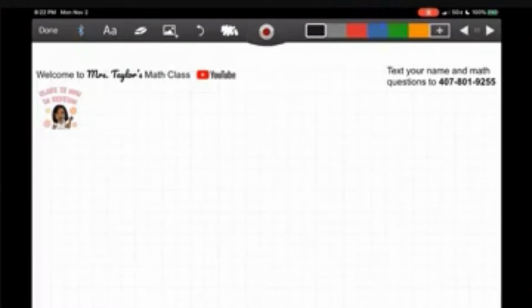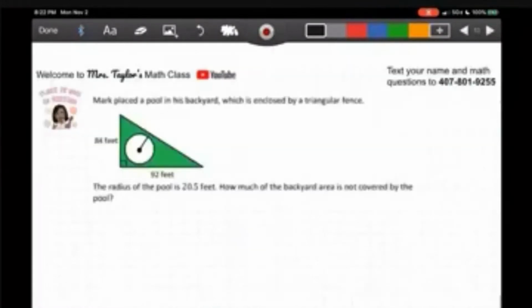Okay, so for the next question, this one here, it says, Mark placed a pool in his backyard, which is enclosed by a triangular fence. The radius of the pool is 20.5 feet. How much of the backyard is not covered by the pool? So for this question, you are going to find the area of the entire backyard, but you need to take away the portion that is the pool, which will leave you the area of the backyard that is not covered